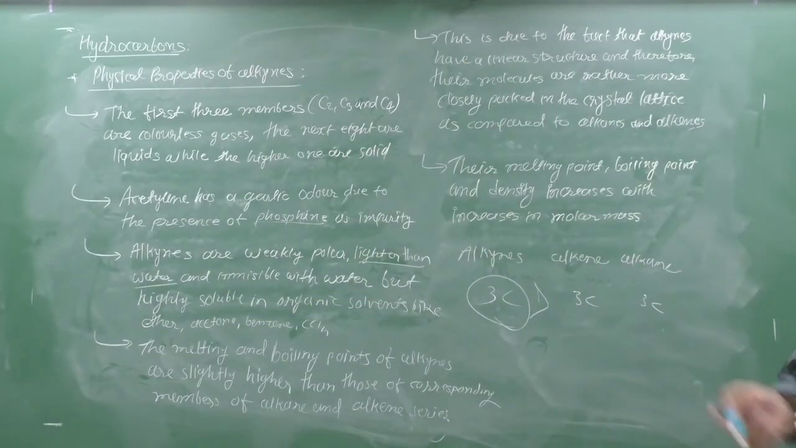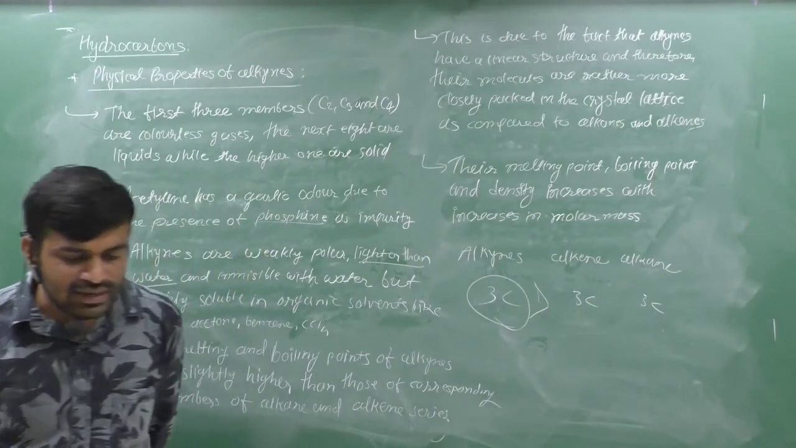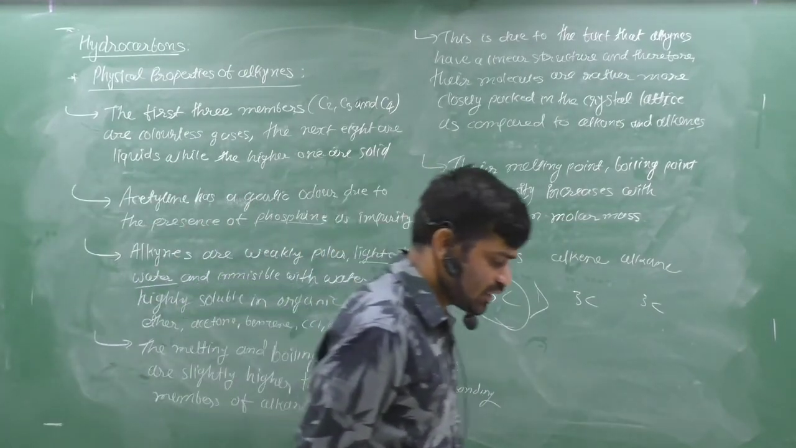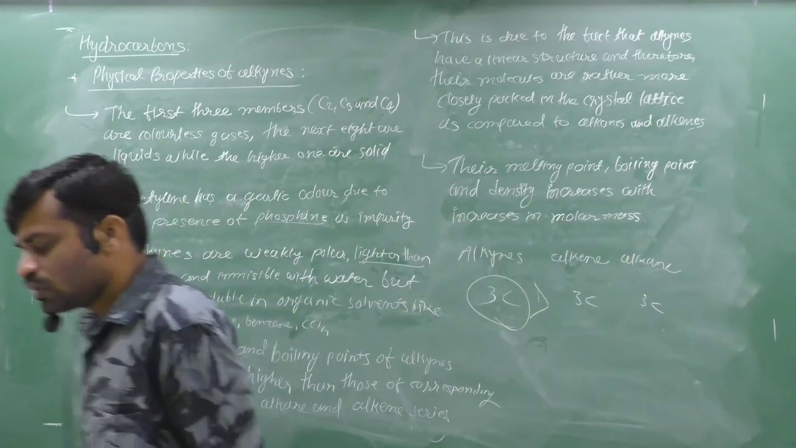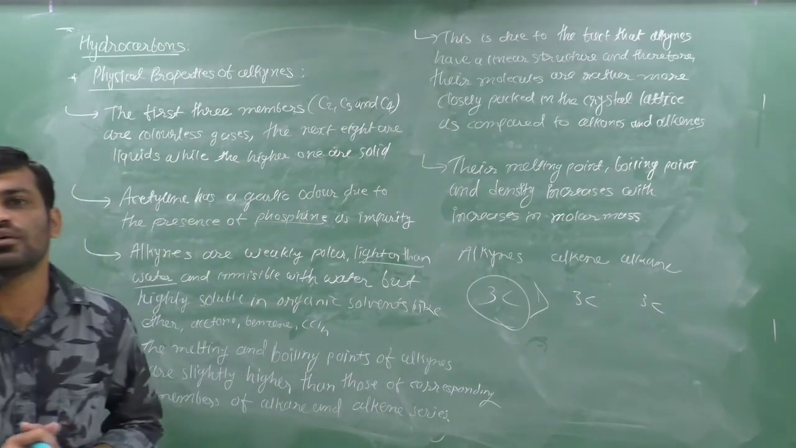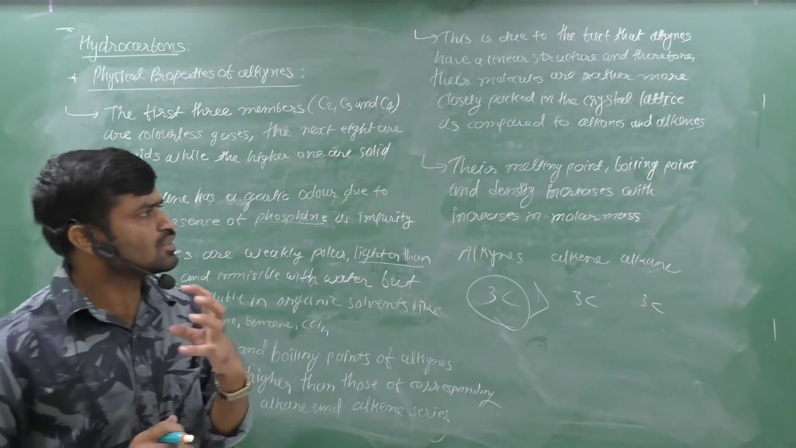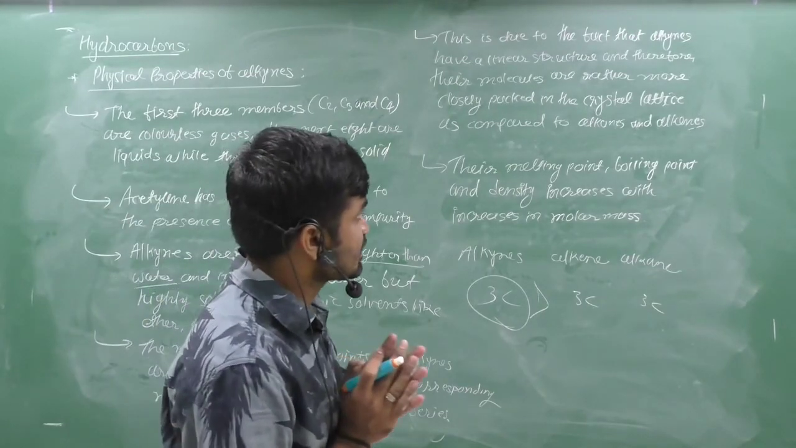The reason is that alkynes have a linear structure, and therefore their molecules are more closely packed in the crystal lattice as compared to alkanes and alkenes. The packing of molecules in alkanes and alkenes is less close than in alkynes. Crystal lattice means the arrangement of molecules in a large quantity. How molecules arrange with each other in large quantity is called crystal lattice, which you study